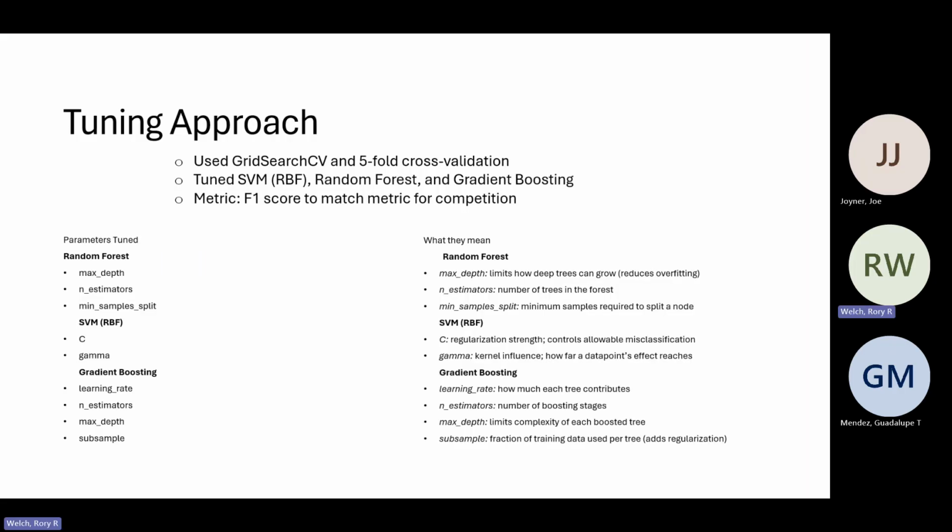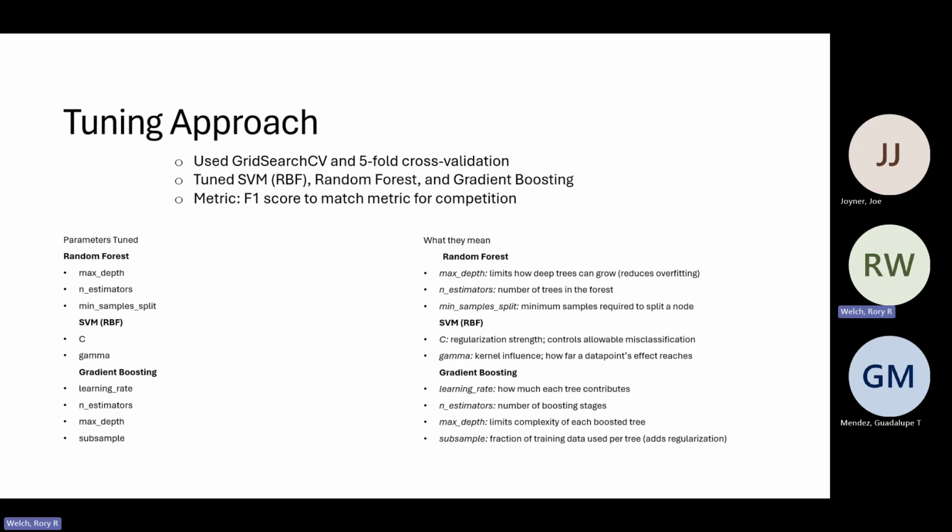As far as our tuning approach, we used grid search CV, which Joe had explained just a moment ago, in conjunction with five-fold cross-validation. We used F1 score as the metric to match the competition. The hyperparameters we wanted to test combinations of were max depth, which limits how deep the trees could go on the random forest, N estimators, which is the number of trees in the forest, min samples split, which is the minimum samples required to split a node, and for our SVM with the RBF kernel, we used combinations of